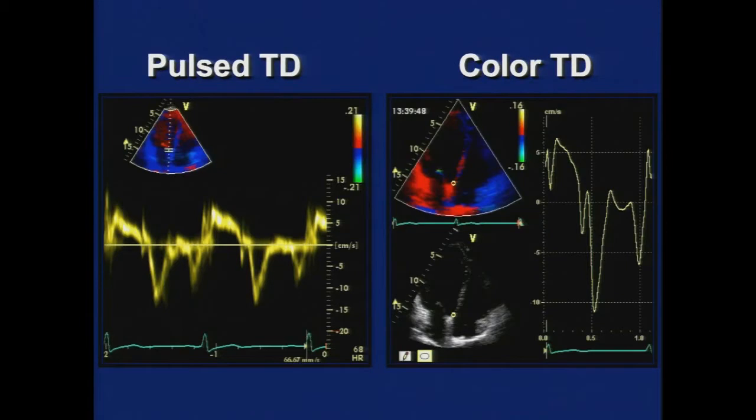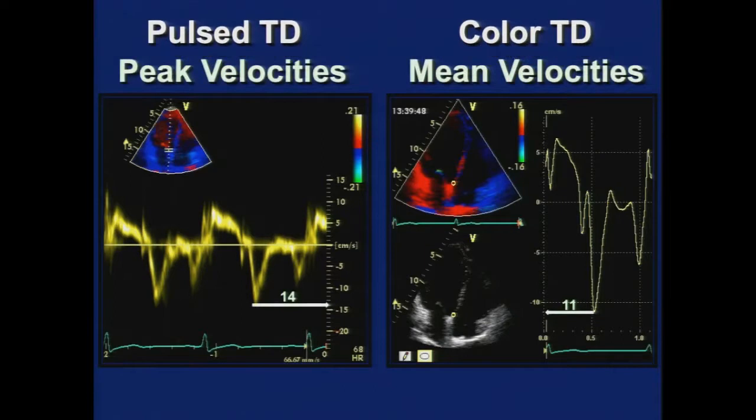Now, as we get started, we have to realize that there are different methods with which to obtain a derived parameter, say such as the E prime velocity. We can obtain this using pulse wave tissue Doppler, as we heard earlier this morning already, or we can put the sample volume here and use color tissue Doppler. And in both instances, we can see here the S prime and the E prime and the A prime velocity. But remember that pulse wave Doppler measures the peak velocities, and color Doppler, of course, measures the mean velocities. So the values that you obtain with pulse wave Doppler are going to be higher than those that are obtained with color Doppler.